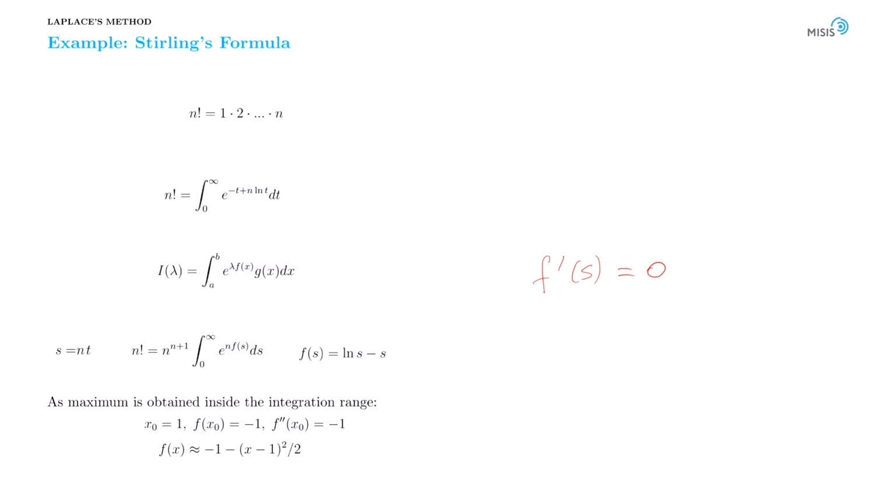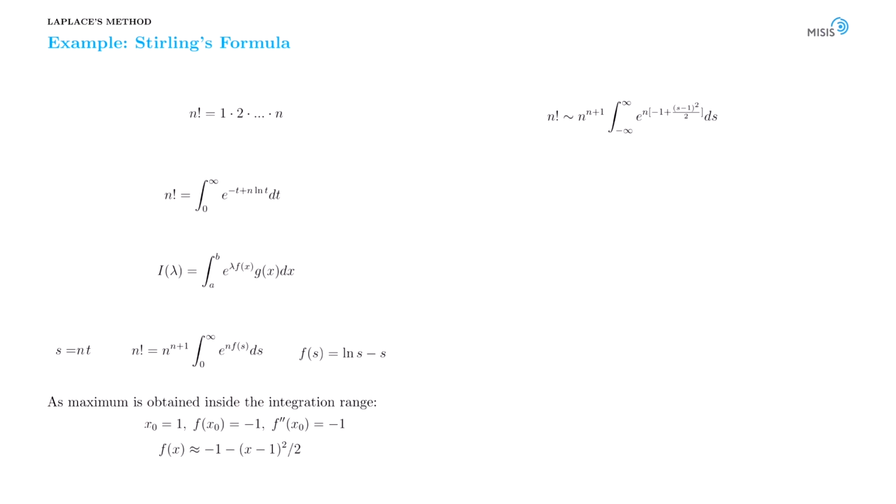In this particular case, this equation becomes... And as a result, the point of extremum is s equal to 1. And in this, all that we need to know from this function is how exactly it behaves in the vicinity of the maximum. And this can be found out by calculating the second derivative. So as a result, we are dealing with the following approximation for this more complicated function in terms of a quadratic function of x.